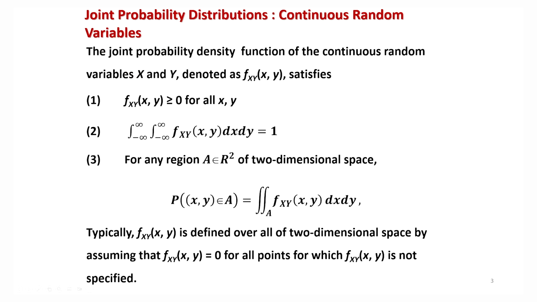Right? So now if you try to recall, in the earlier case we had defined the probability density function by these two conditions: f(x) should be greater than 0 at all points of x, and the integral of f(x) dx should be equal to 1. Now I try to extend these two conditions to the setup of a joint probability density function for two continuous random variables X and Y.